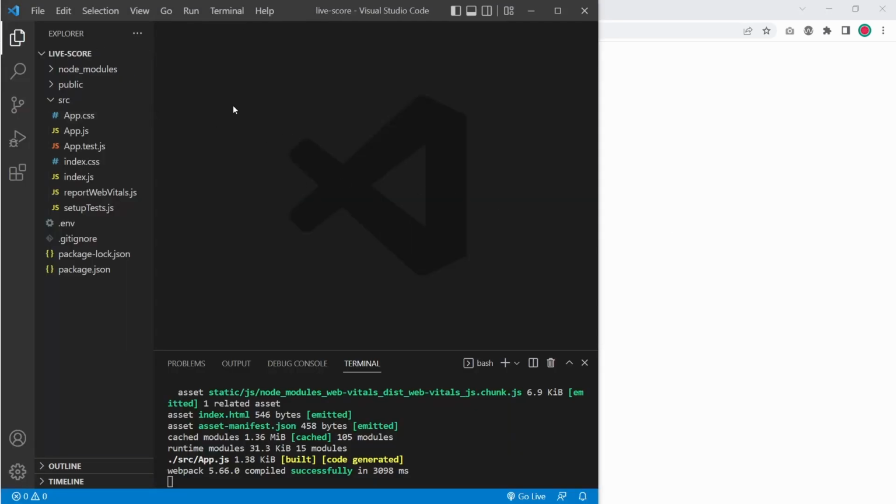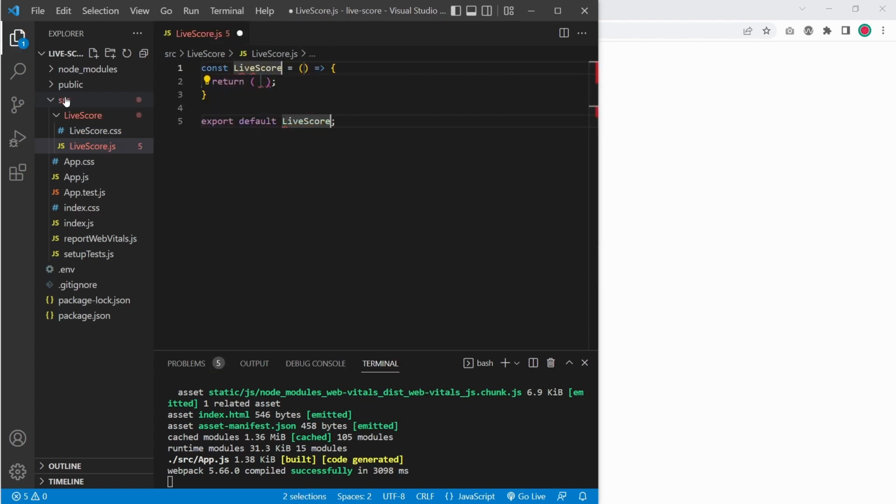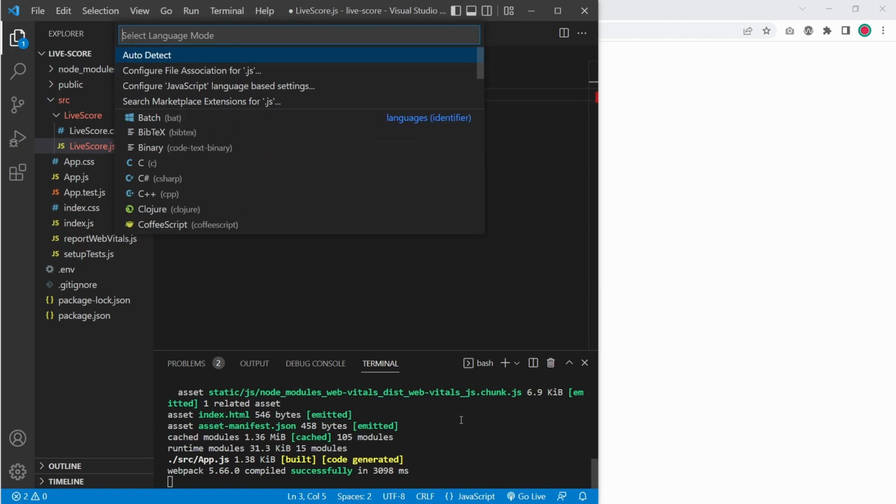So I've got this clean empty React app, so I'm going to first create a new folder for this component, say LiveScore, that's what I'm going to call it, and we're going to have a JavaScript file and CSS as well. So we're going to create a functional component, and I'm going to call it LiveScore. And then here, we're going to use Emmet to write a bunch of HTML elements to set up the